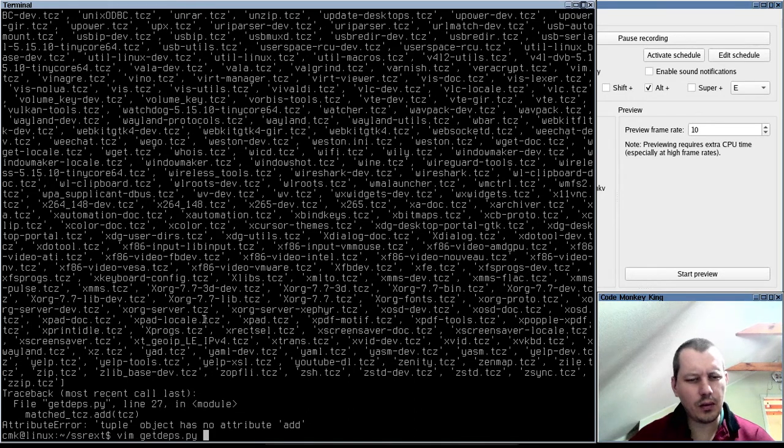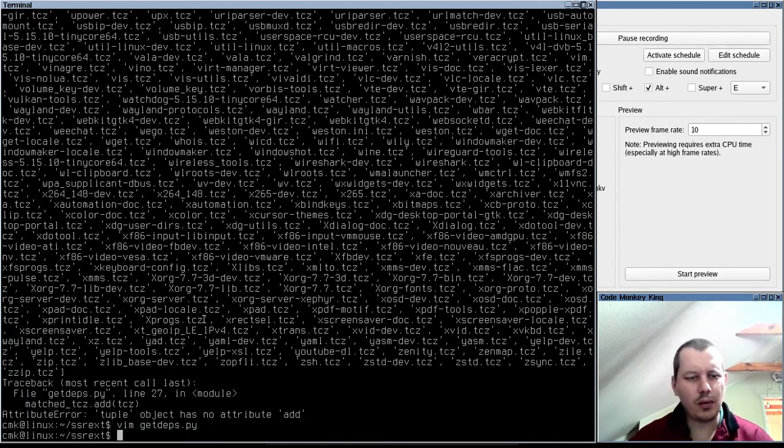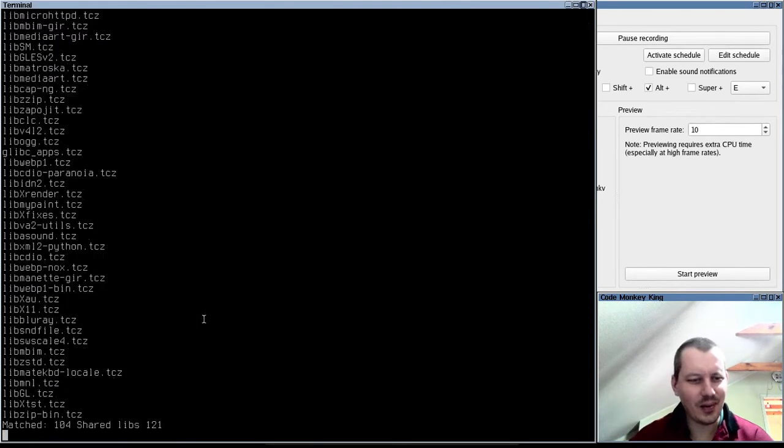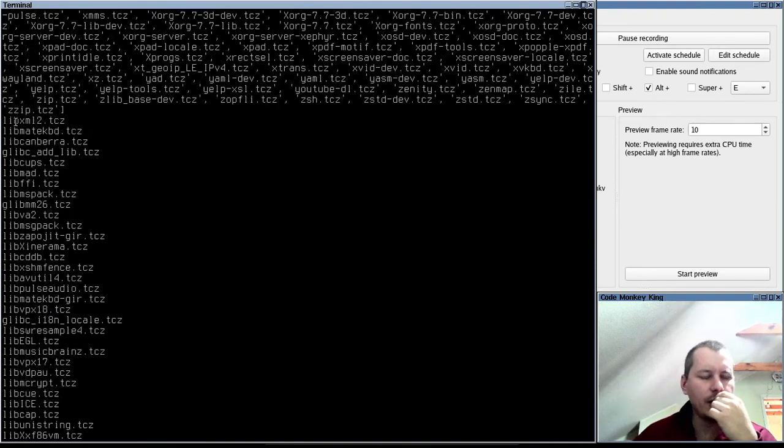No, it's not. Don't need tuple. Can I make a set like this? I'm not quite sure how to properly make a set in Python. Shame on me. Okay, now it's 104 instead of 109, and now this package list indeed should be